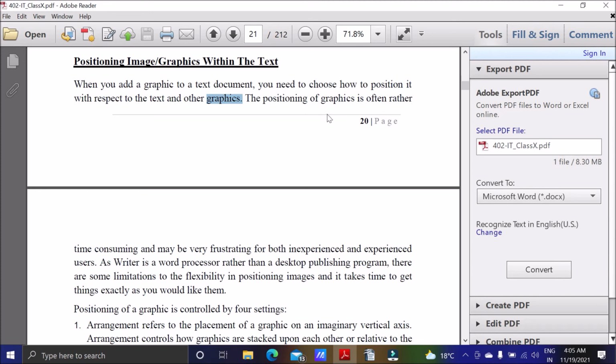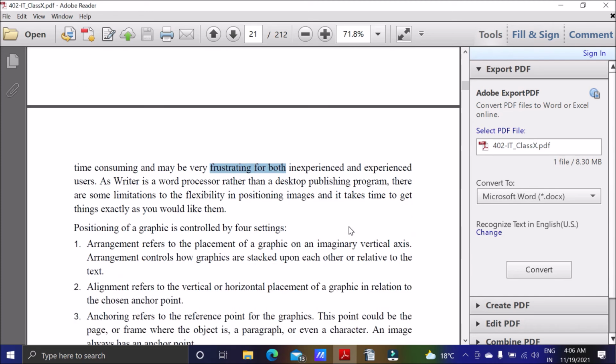Positioning of graphics is often very time consuming. You have to see where you have to position the graphic or the image, and in the starting it may be tough for you to work on it, maybe very frustrating for an inexperienced user, and sometimes experienced users also face some problems, because Writer or any word processing software is actually created for processing words rather than images, so they are not desktop publishing programs.